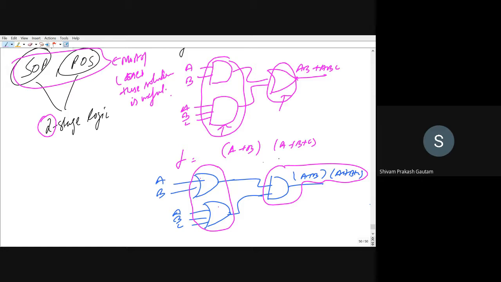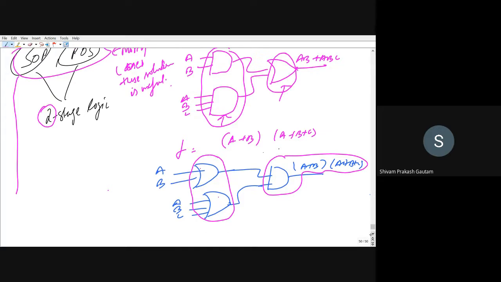Now I'm talking about hardware, right? But in some cases, not all cases, very rarely, some hybrid logic will be used. That is a combination of SOP and POS, the hybrid form.